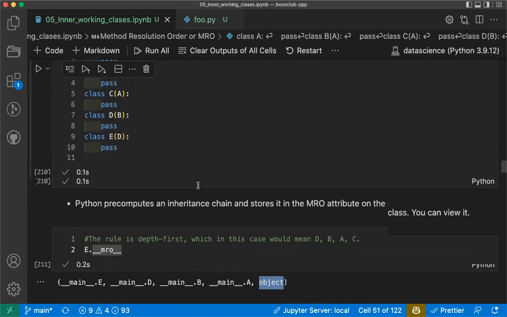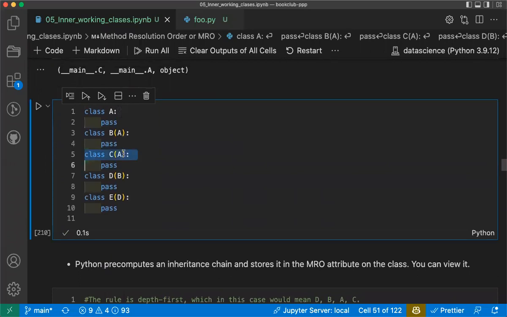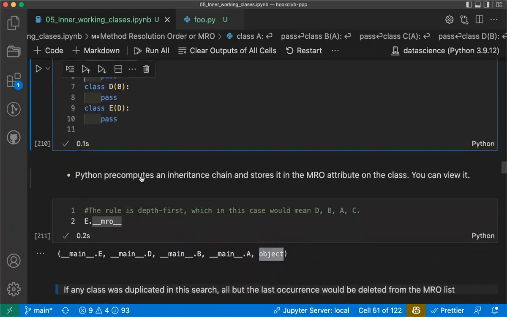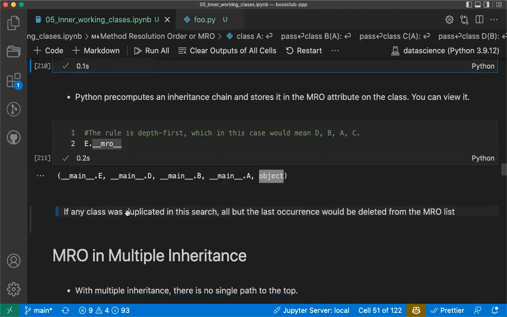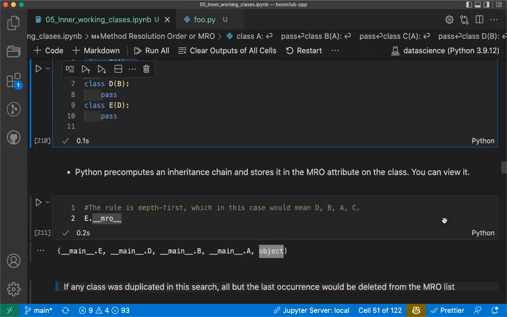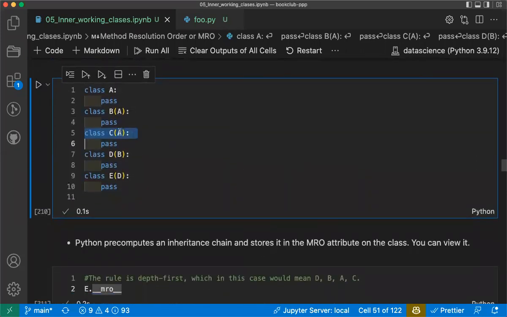Now, if we look at this, C is not depicted here, right? But class B inherits A, and class C also inherits A. So they inherit the same thing. Why is this? Here is what it says: if any class was duplicated in the search, all but the last occurrence will be deleted from the MRO list. So this means that this A,